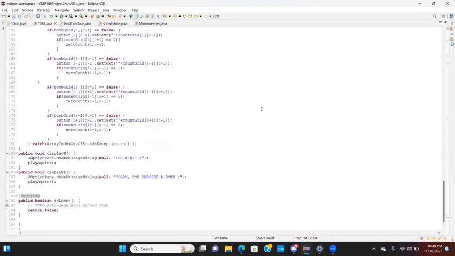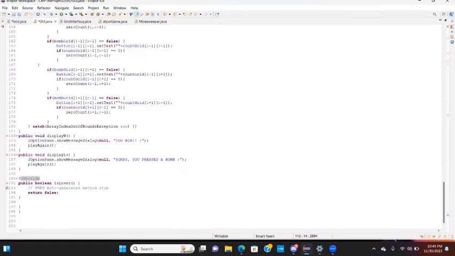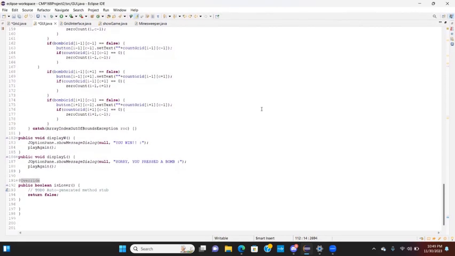The same thing is all of it, just checking every possibility that I could think of, and then I added a catch, the array index out of bounds exception. Then for my display winner,